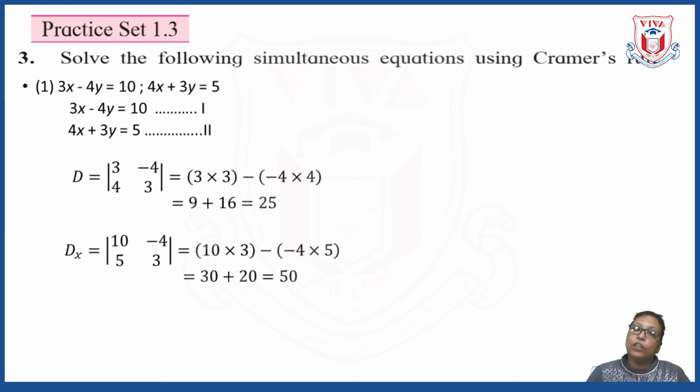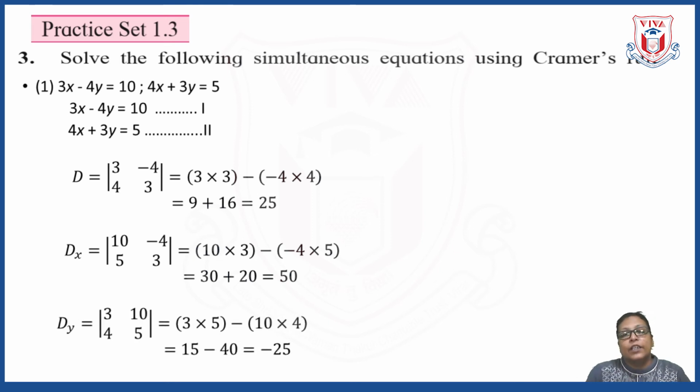Now write down the third determinant, that is Dy. So for writing Dy, you will not consider the coefficients of y. So you will not think of that -4 and +3. Okay, the second part of the equations. And while writing now, how to write? That the first column from D is copied as it is, and in place of the variable y, the right hand side coefficients are written, 10 and 5.